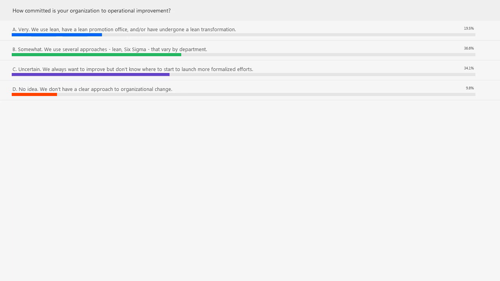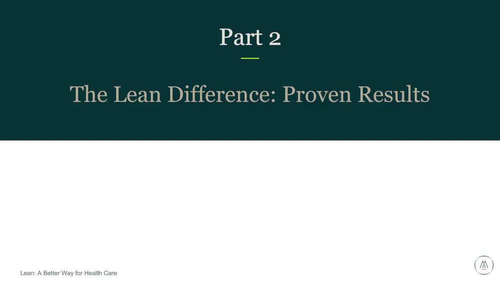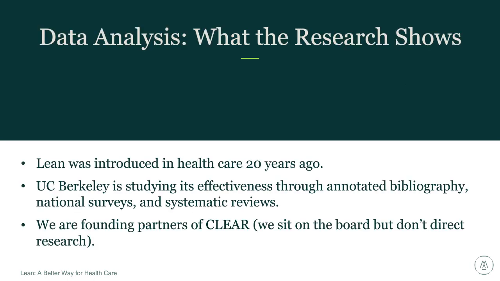And we'll talk a little bit more about the proven results a little later on in detail, but I wanted to call your attention to what some of the research is showing. We're proud founding sponsors of the Center for Lean Engagement and Research at UC Berkeley. The center is run by Drs. Stephen Shortell and Tom Rundle, and we're in our 20th year in lean in healthcare